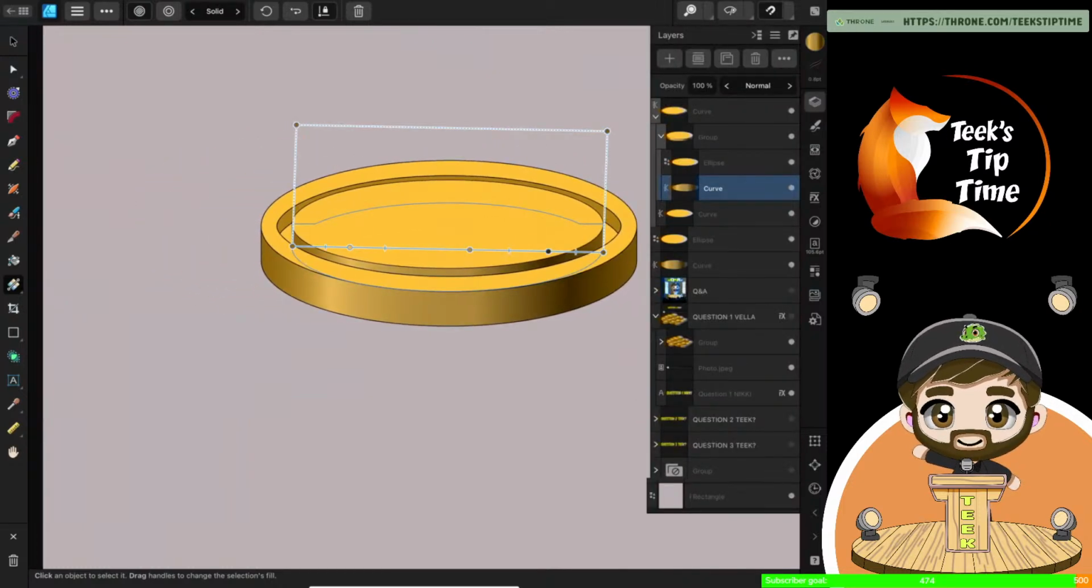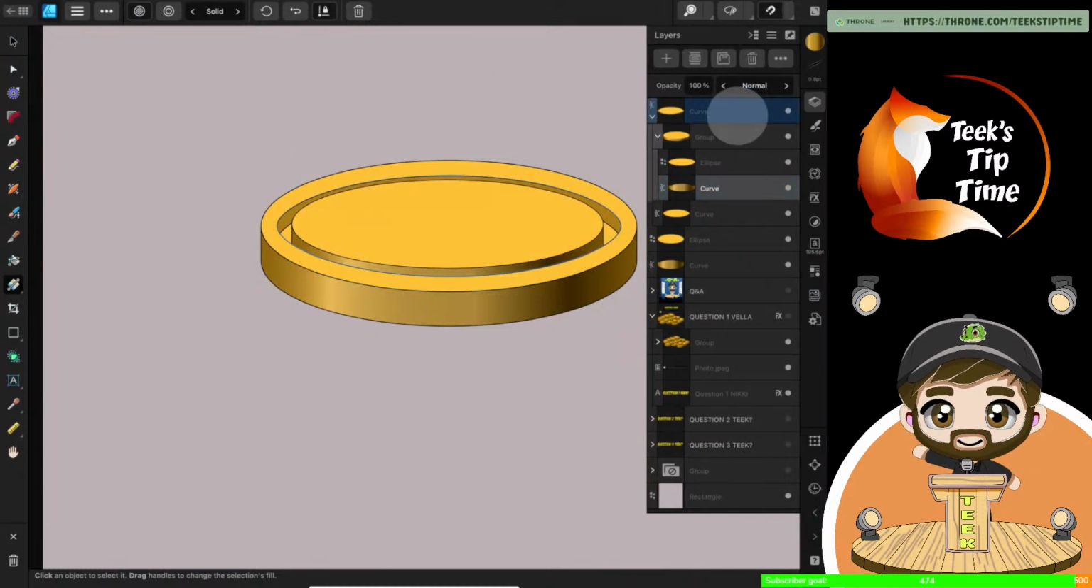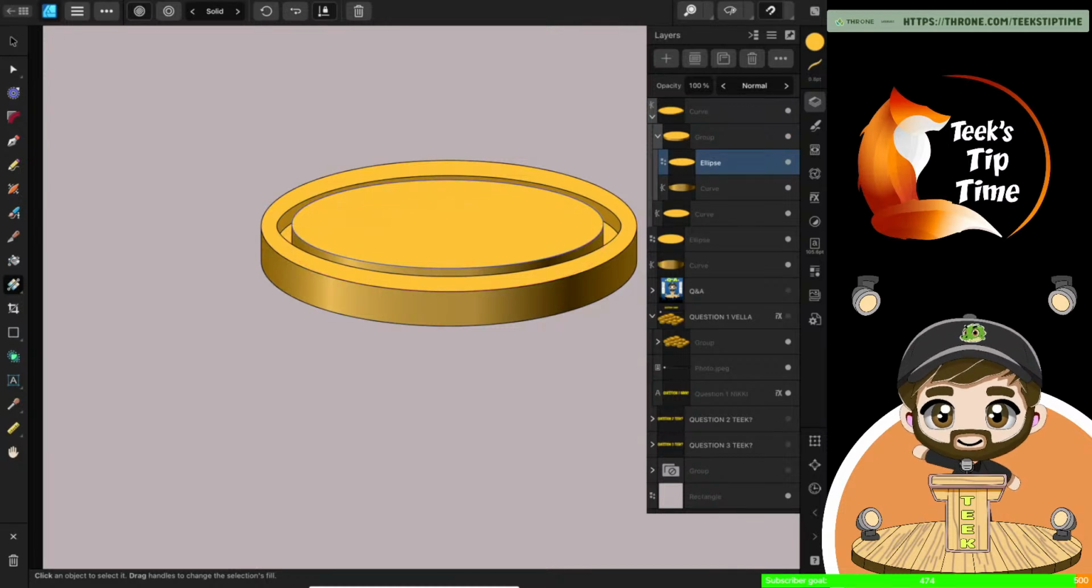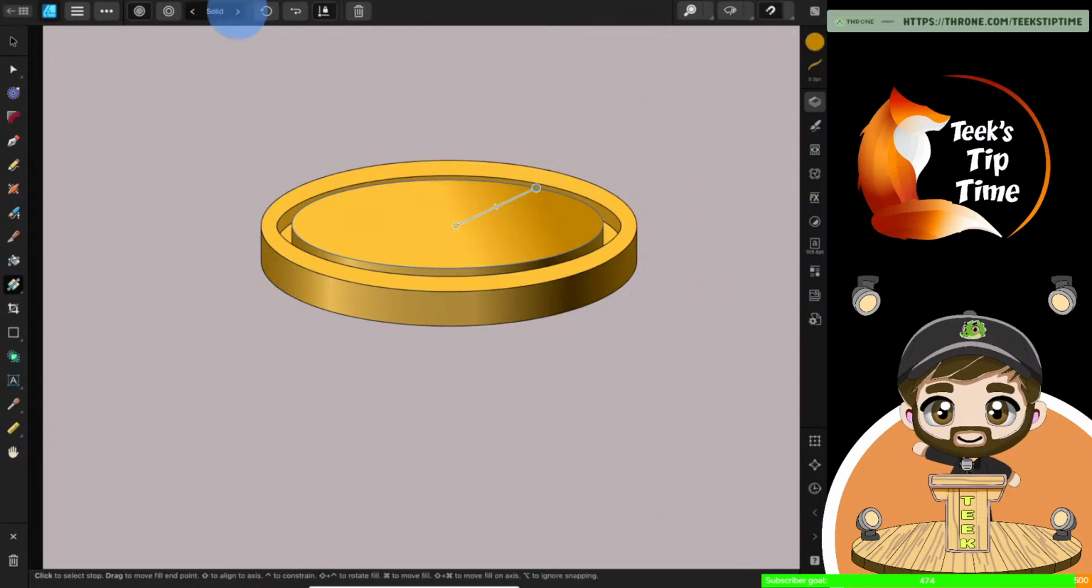Now with the very top piece, wherever it is, this one and that one, we'll go to our gradient again, but this time we're gonna make it an ellipse. So we'll change the